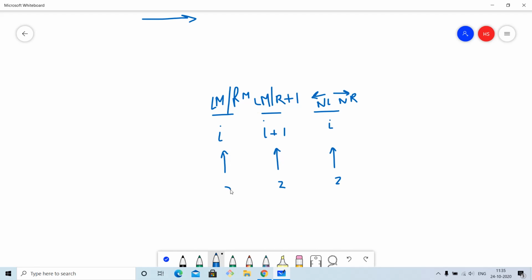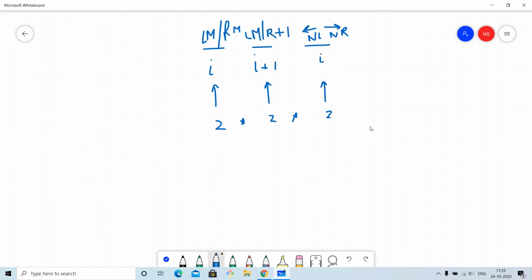So in total, an optimal answer will include going from the ith row to the I plus 1th row in one of these eight options, because eight options means like 2 cross 2 cross 2. So in one of the eight options, we can go from the ith row to the I plus 1th row in an optimal answer. So we don't know exactly which one of the eight is the optimal one. So we will compute all the eight, and whatever is the minimum, we will take that for our answer, right? So now, yeah, that is this.